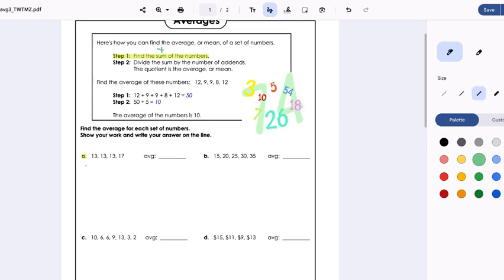So what we need to do here is add 13 plus 13 plus 13 plus 17. And you have a handy dandy calculator at your desk today, but I'm going to practice some mental math